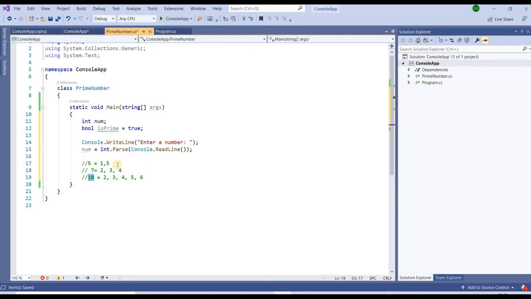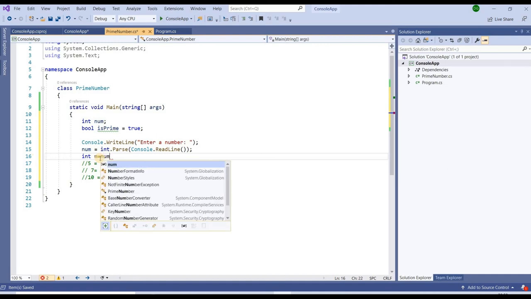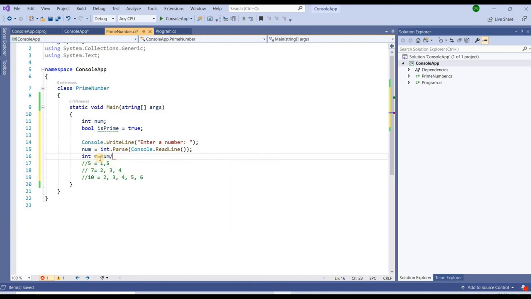I get it by using the division operator, by 2. This condition I am not going to use, I will replace it, so that we have understood the logic here.